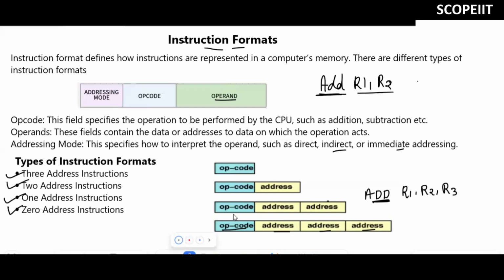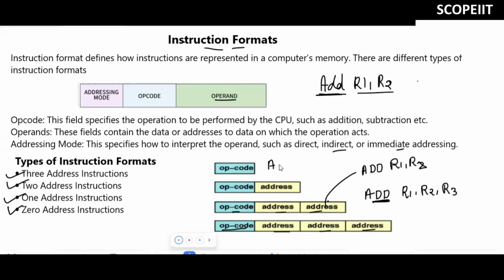Now after the OP code, if you give only 2 addresses, that is a 2 address instruction. The example for a 2 address instruction is add R1, R2. Why? Because after add, only 2 addresses are there. That's why it is a 2 address instruction. Next is OP code with one address.